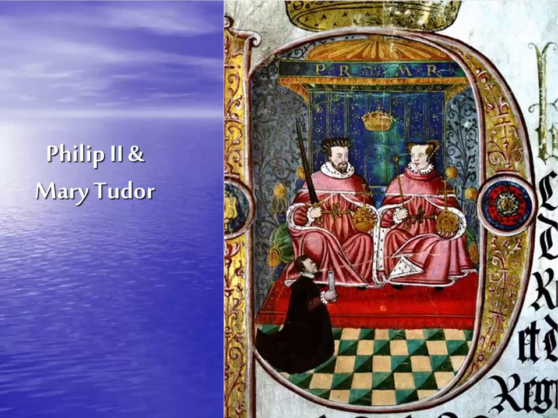She really had this desire to bring England back to the Catholic Church, and she very vehemently went after Protestants, which is how she got the name Bloody Mary. It's actually not that many people that she executed. It's around 220 people. Well, I guess it's a lot, but in the grand scheme of things, it's not that many people that she had executed for being Protestant. And actually what it did is it helped to raise the prestige of Protestantism, because these people went to their death as martyrs, not being willing to give up their faith. And so that kind of boosted the reputation of the Protestants in England, at least.